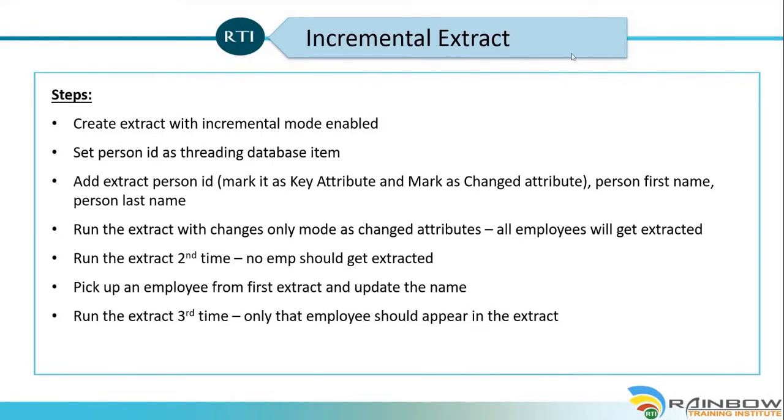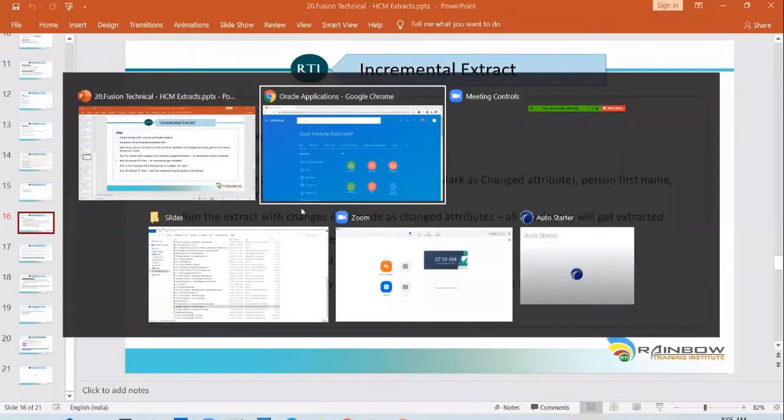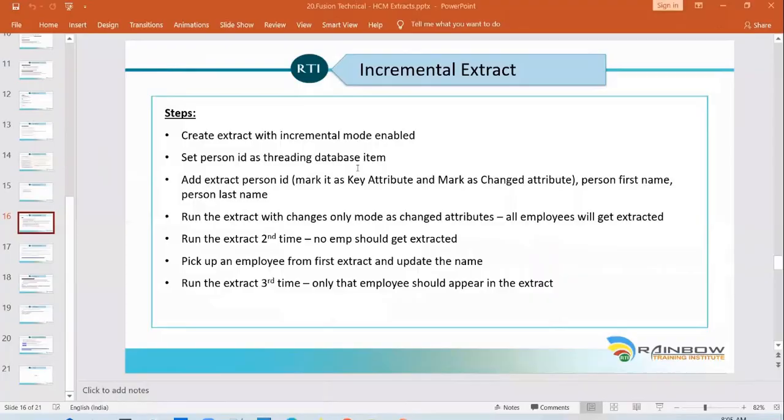And every 10 minutes, the extract gets kicked off, and it looks at the records that are updated or created anew after the previous successful run, generates a file, places it in a destination. It could be UCM or SFTP, and the downstream application picks it up and loads it at their end. And how do we build this? How do we build this extract? It's pretty much the same way as we have built the normal extract with a few changes.